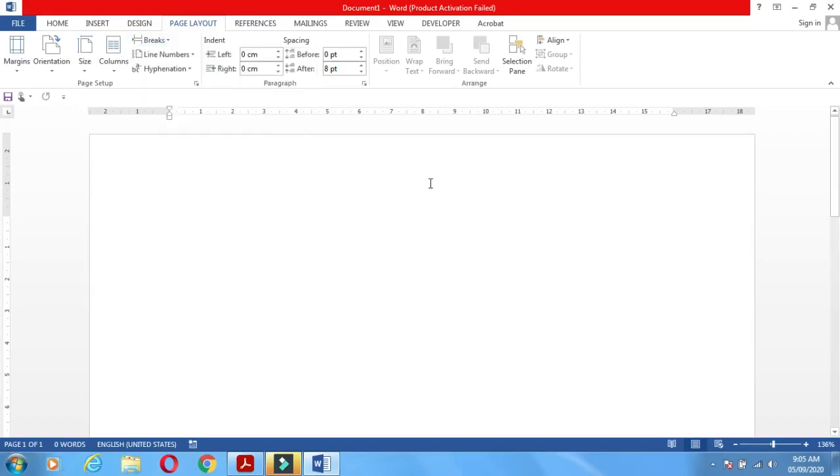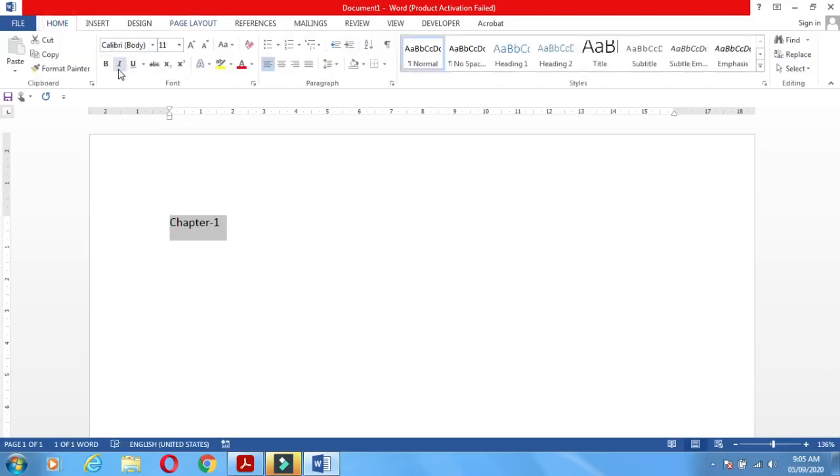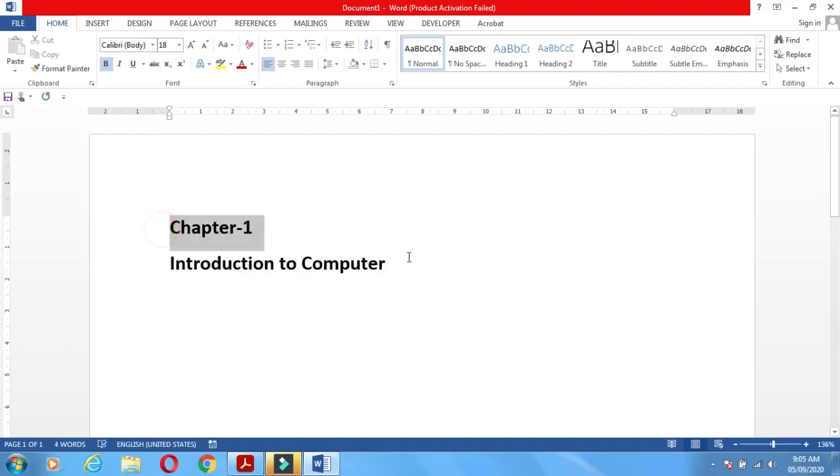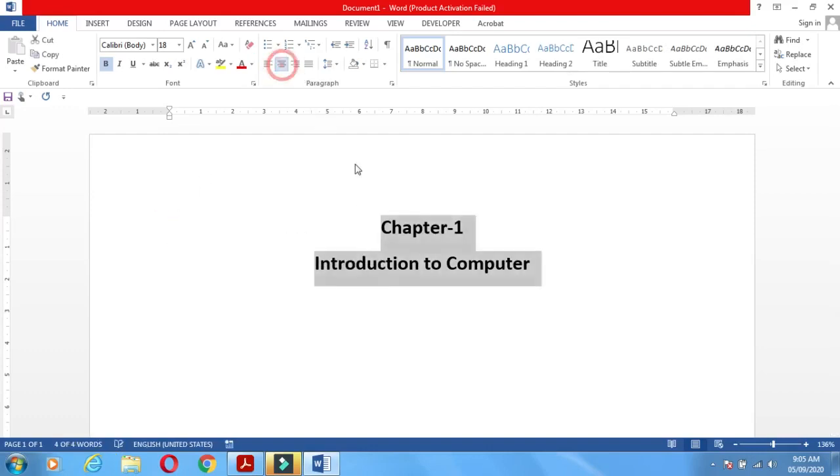Here, if you are typing, just like chapter 1, increase the font to 18. We take the 18 font. Then chapter first. What is the title for chapter first? Introduction to computer. Now we can centralize this by the center alignment. Now what do we do?